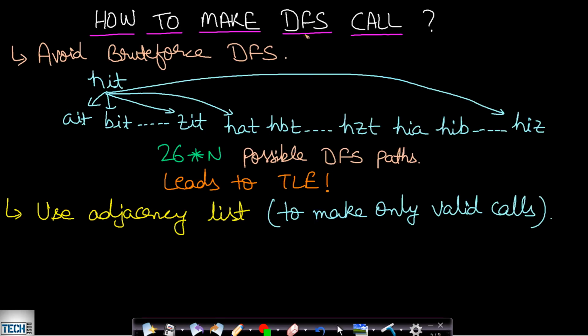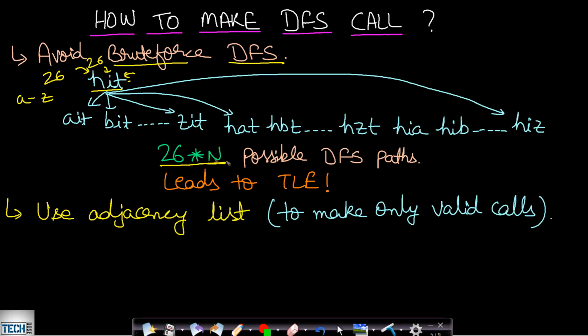Now, how to make the DFS call? One simple approach is to apply DFS using brute force. If you have, let's say, the word hit, then for the first letter we can have 26 possible combinations from A to Z. For the I, we can again have 26 possible combinations, and so on. So if your word length is n, then the total number of combinations possible is 26 times n.